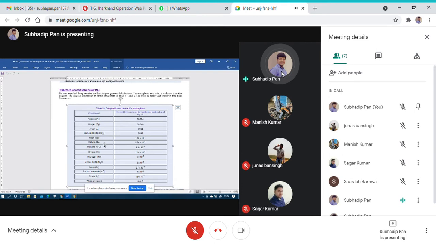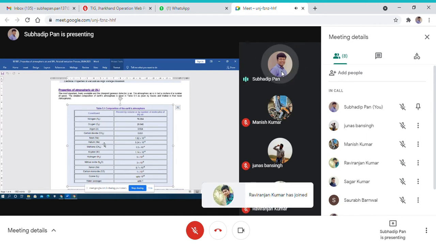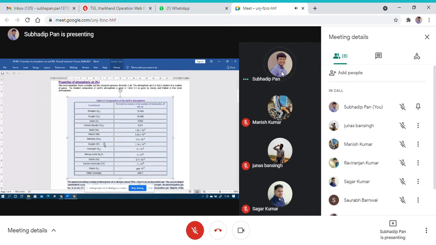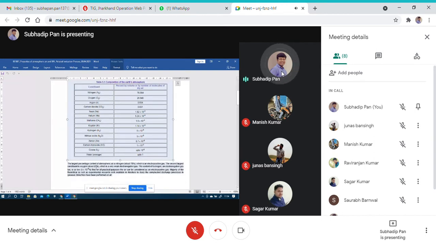For electrical engineers, you only need the basic things required for high voltage apparatus applications. What is the basic atmospheric air composition available in the atmosphere? That you will need, and what is the percentage by volume, or the number of molecules, of the dry air available inside the air. That will be shown in the table. So now we will go to the next part.